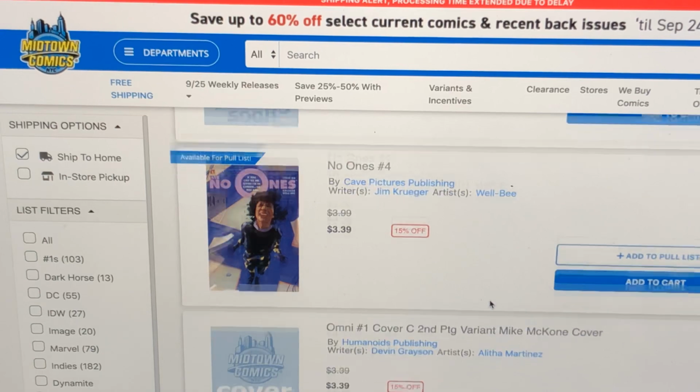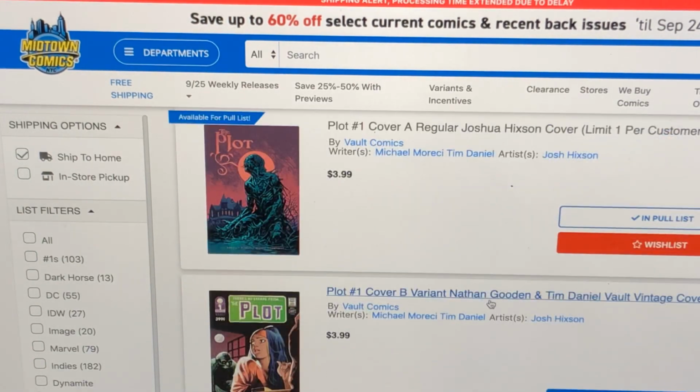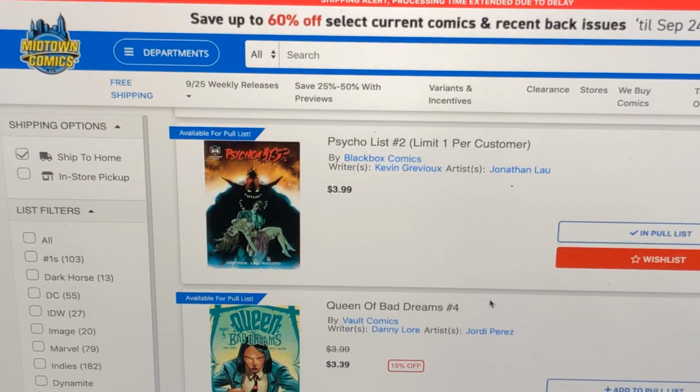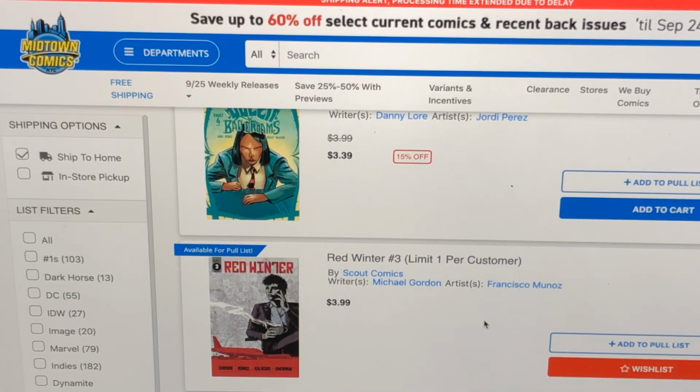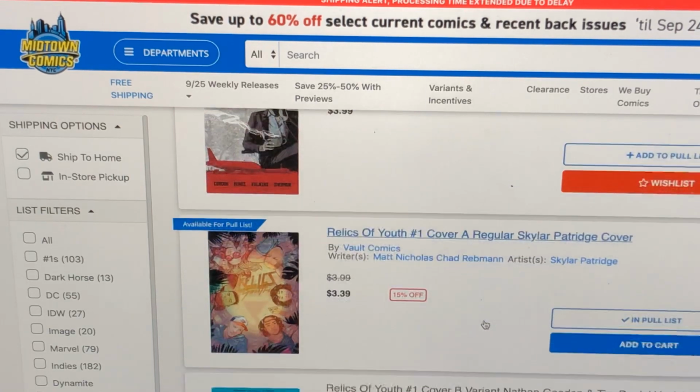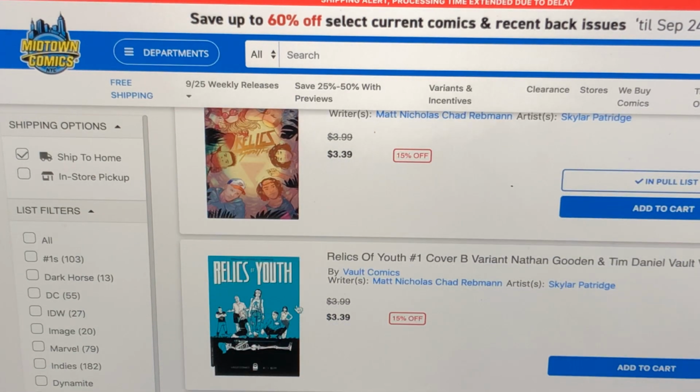All right, guys, so that's kind of what I had for next Wednesday, books that I'm highlighting. So The Plot, I definitely think you should pick that up. I think that book could be really good. Psycho List number 2, make sure you got that on your pull list, or grab it from your LCS. Hopefully you can get that. And Red Winter, first 2 issues were really good on that. I like the writing, artwork's decent, and I think Relics of Youth is worth giving a try,